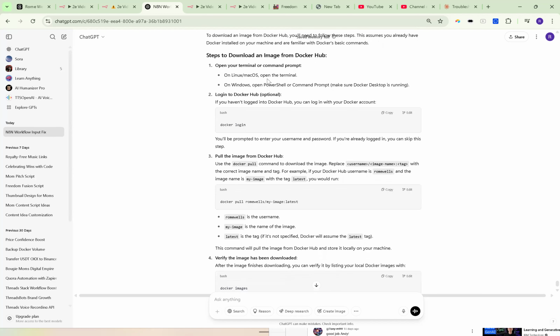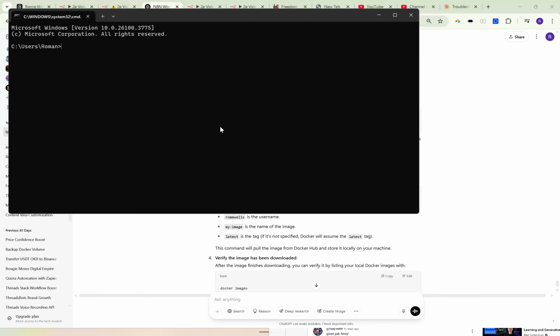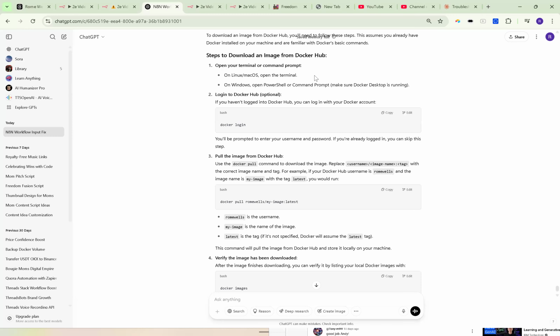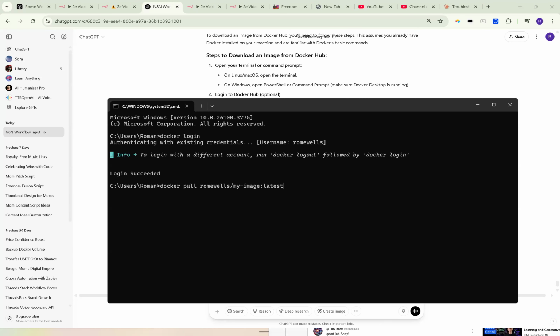You open up your terminal, you type Docker login like this, right? CMD, Docker login, and keep something in mind. I'm logged in to Docker right now. Let's say I wanted to pull the latest image from the repository. So you hit enter. It didn't get it. So data is not found. So obviously, guys,